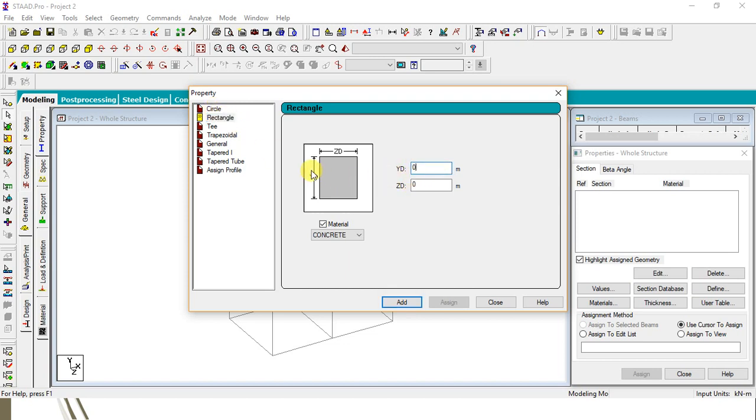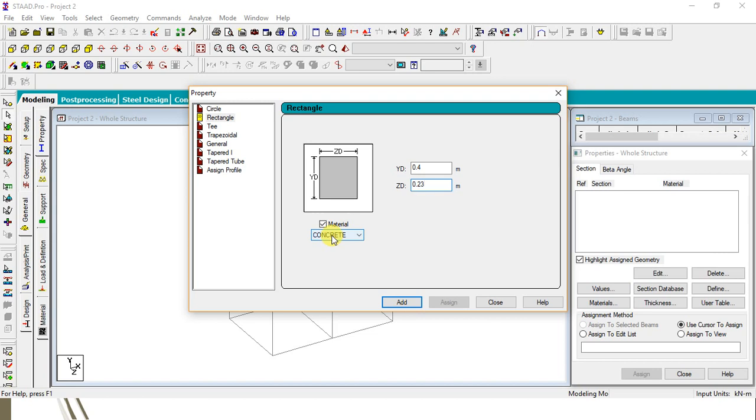So when I select this rectangle, you can see a rectangular cross section is displayed. In that one YD is its depth and ZD is the width. So here I have to put the values of the dimensions. Let's say the depth of the column is 400 mm, so here I put 0.4 meter, and normally in Z direction it will be 230 mm, so 0.23.